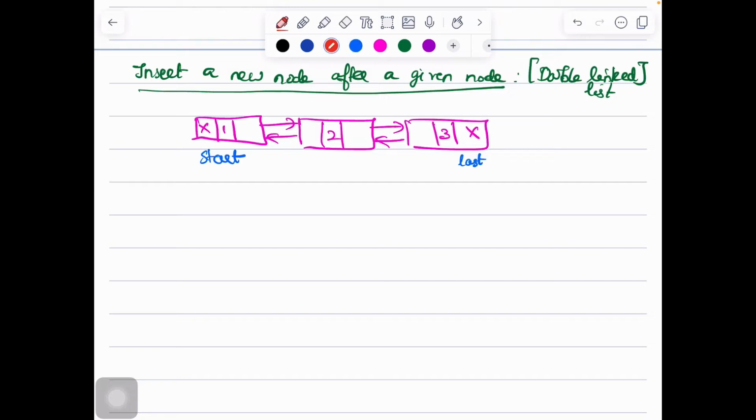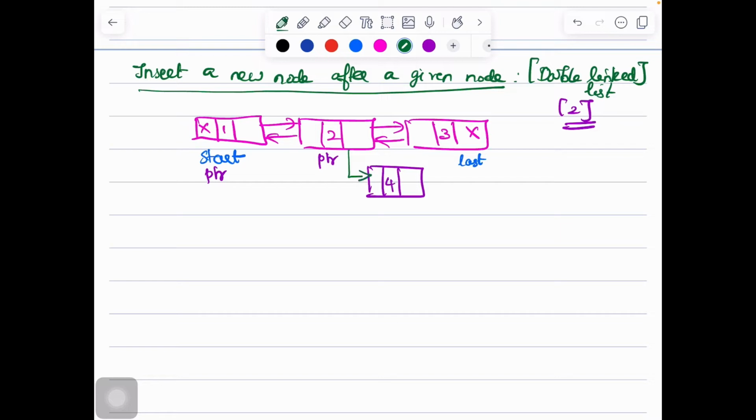Say that I have to insert a new node with the data part 4 after a given node, say 2. So let us use variables called start and the pointer variable ptr, until I find the node whose data part is 2. I'm going to insert the new node after the node which has data part 2. This is how the connection is going to be established.